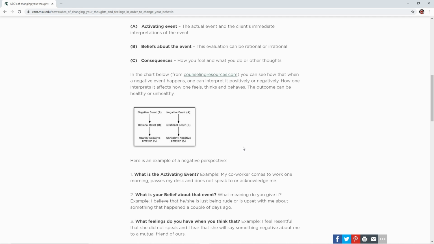But it's something that I wanted to go over because, again, most of the time, if you get a flat tire driving to work, that's the event. If you start thinking rationally, these things happen. I need to get a new tire. I need to put the spare on quickly so I can get to work. But then if you're thinking irrational beliefs,